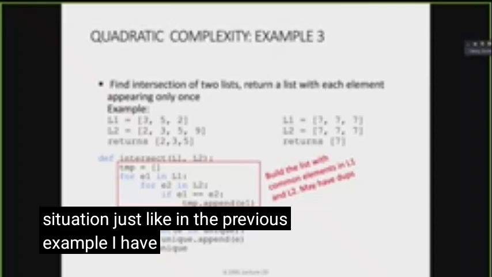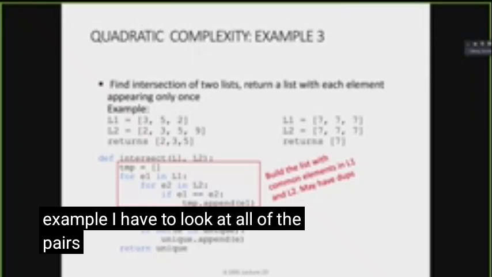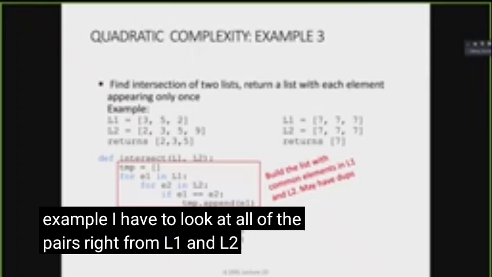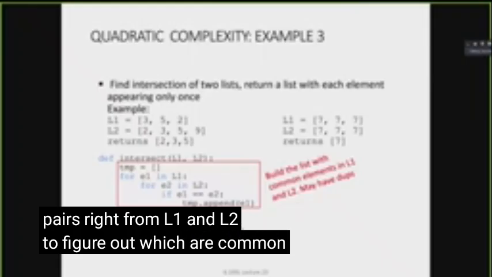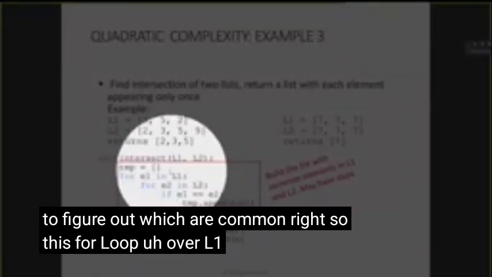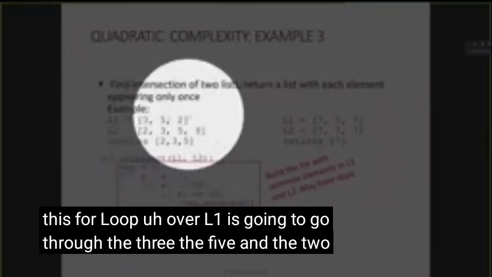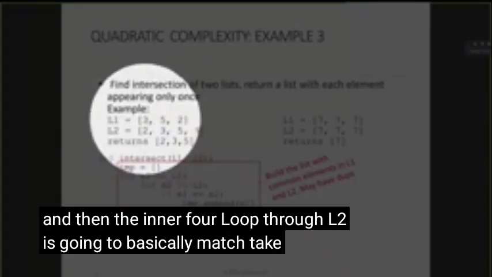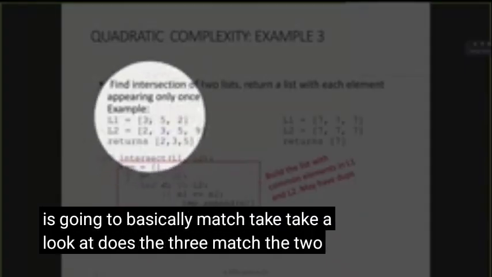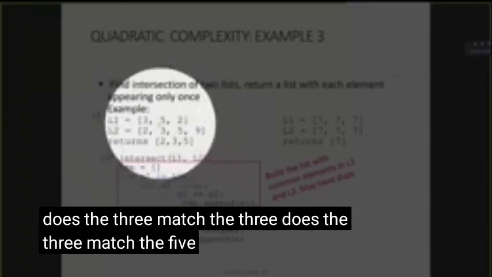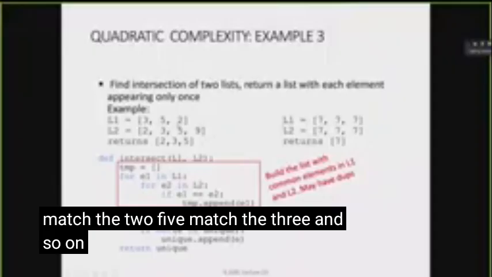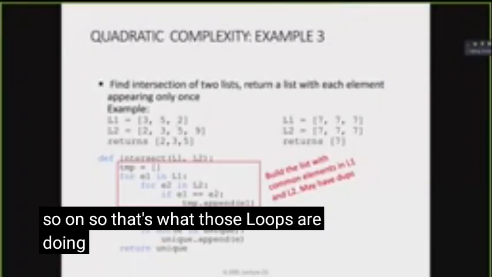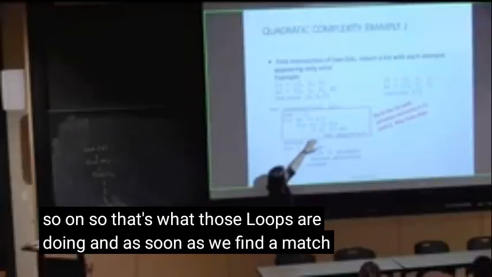I have to look at all of the pairs from L1 and L2 to figure out which are common, right? So this for loop over L1 is going to go through the 3, the 5, and the 2, and then the inner for loop through L2 is going to take a look at: does the 3 match the 2? Does the 3 match the 3? Does the 3 match the 5? Does the 3 match the 9? And then does the 5 match the 2, 5 match the 3, and so on. So that's what those loops are doing, and as soon as we find a match, we're going to append it